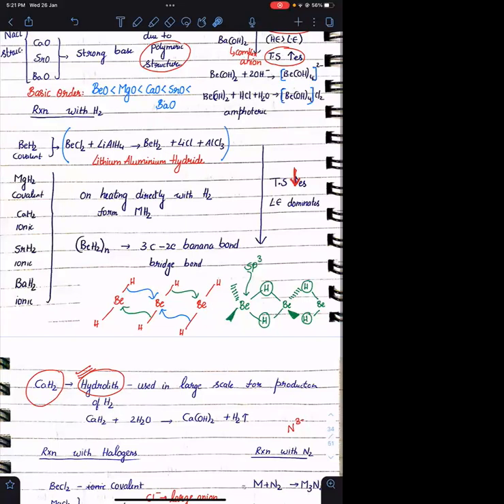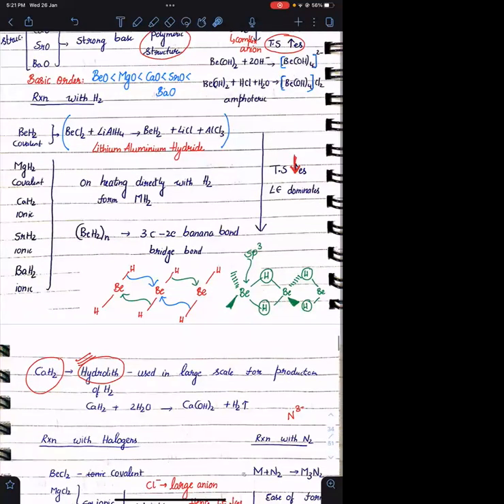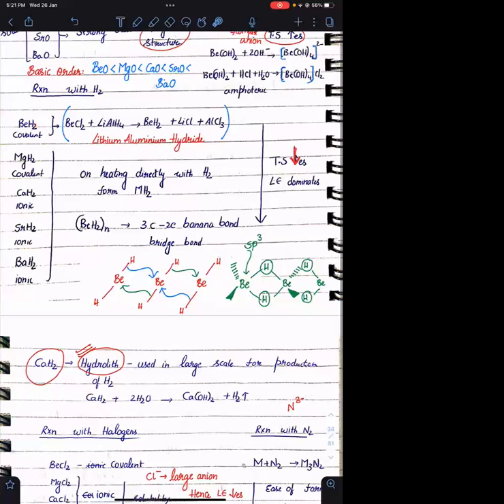Agreed? So ये simple anion का केस हो गया H minus. So down the group, the thermal stability is going to decrease because of the decrease in lattice energy. So thermal stability decreases as lattice energy is the dominating factor. Okay. Another important point to remember is beryllium hydride जो है, it cannot be formed directly by reaction of beryllium